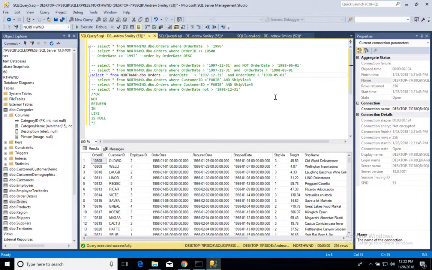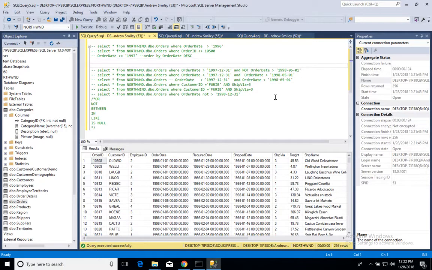So the between operators are pretty much what they sound like. A between operator allows us to grab records whose columns fall between two values. So select star from Northwind dbo orders where